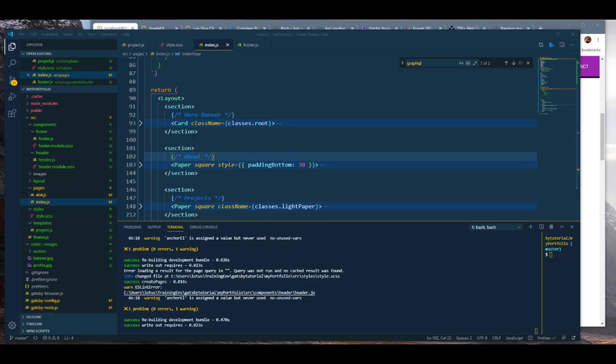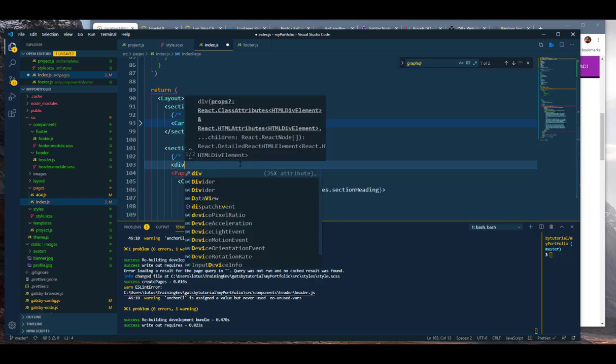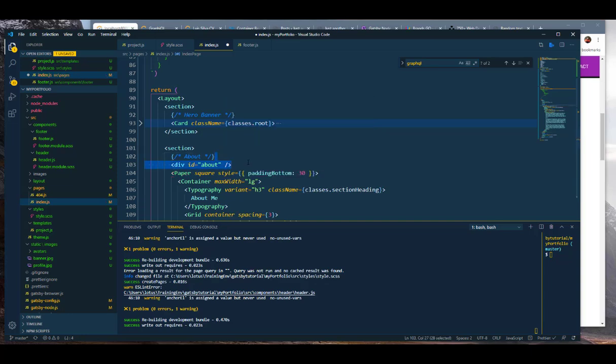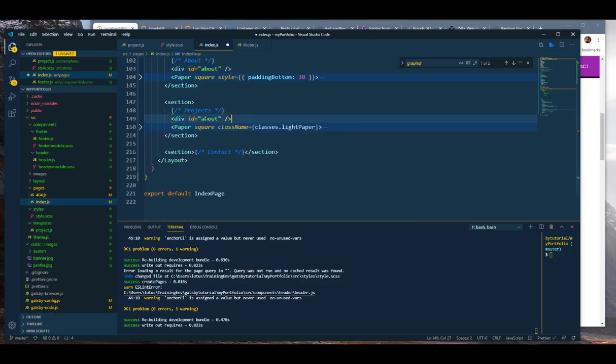So starting with my about, I want to land in my about section when I click on the about button over there, not the about page but the about section. So I'm going to create a stopping point, so to speak, a place to go to, and I'm going to create an ID with a value, and that's probably going to be called about. Okay, and close that. It's going to be a self-closing tag because it's just going to be a placeholder for me to stop there, and I can close that so I can get faster to this one,